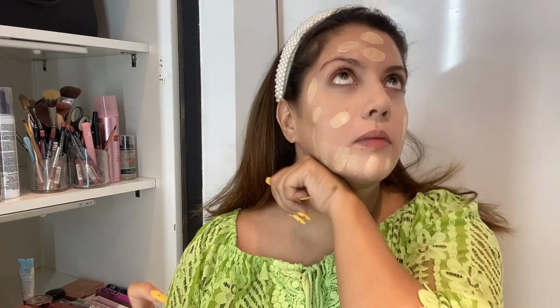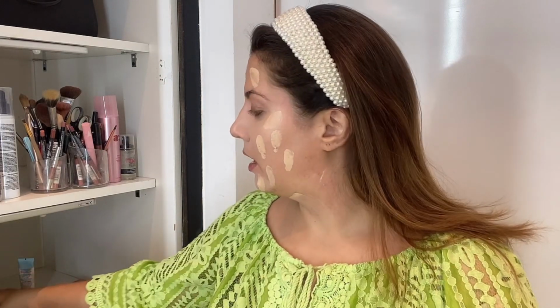But whatever I have right now, I'm gonna take it down to my neck. Okay. It's a beauty blender. And हम blend करेंगे. Now, at this point, while I'm blending my makeup, I'm also going to talk about a